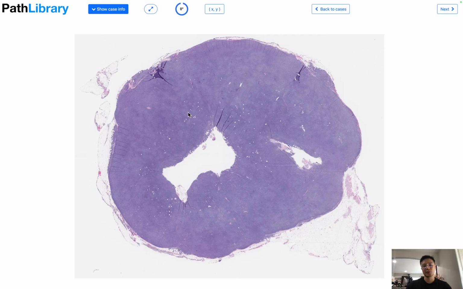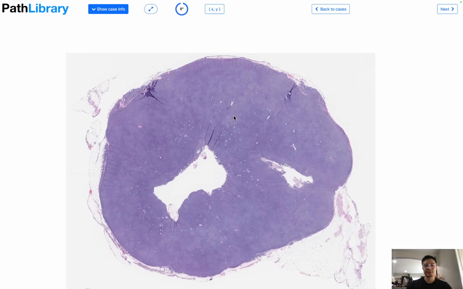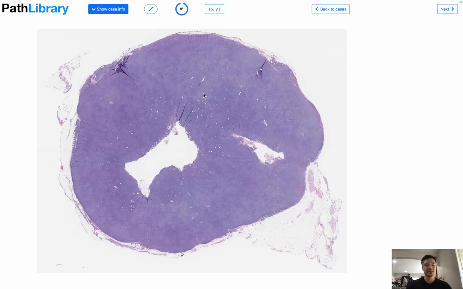So this is an inguinal lymph node, and as you can see here, there are no primary and secondary follicles. What we see instead is effacement of the normal lymph node architecture. We have this kind of cloudy-like appearance. If I had to guess, this is chronic lymphocytic leukemia/lymphoma, or small lymphocytic lymphoma, CLL, SLL. And the way I understand how to divide these different lymphomas, like mantle cell, BALL, Burkitt's, hairy cell leukemia,